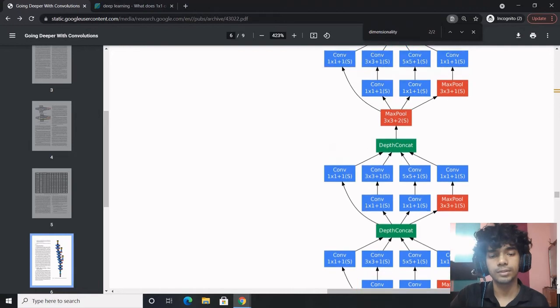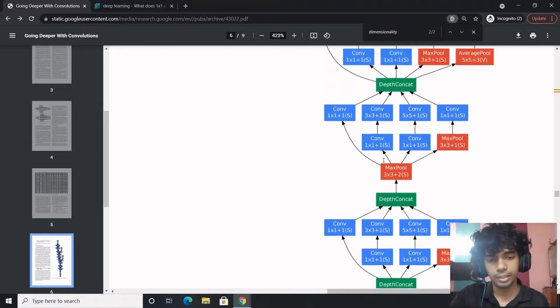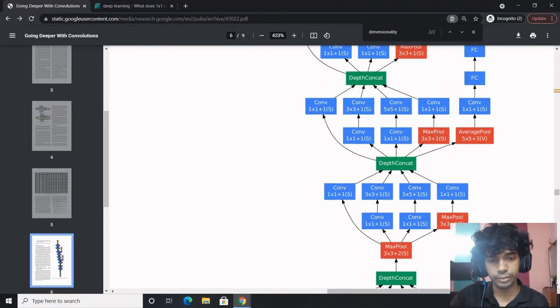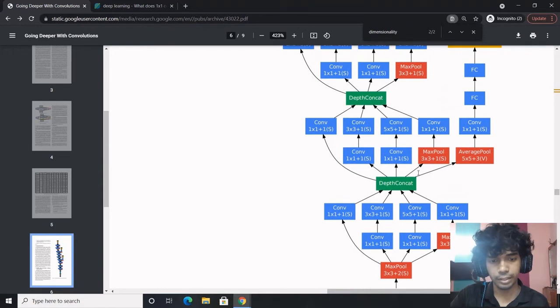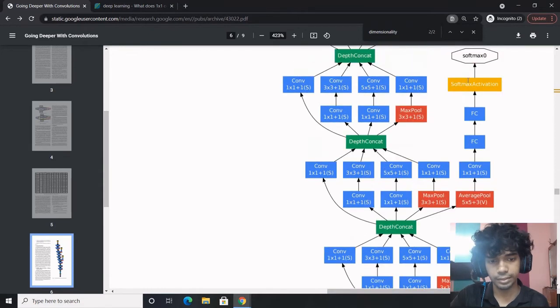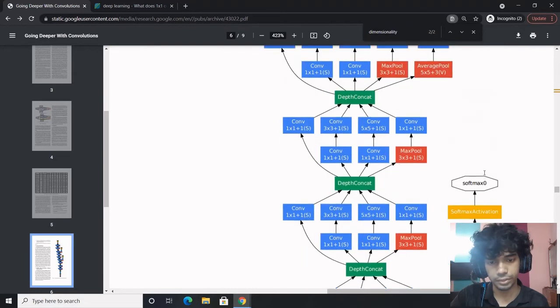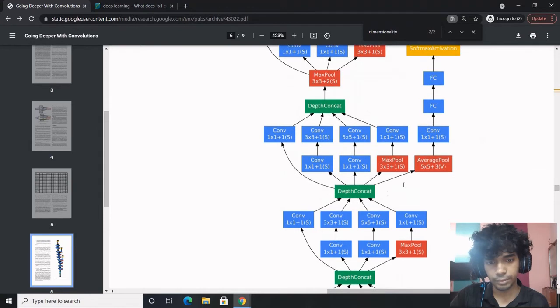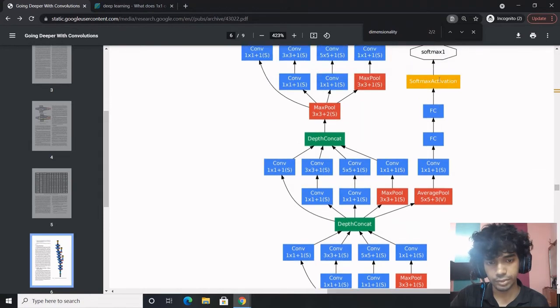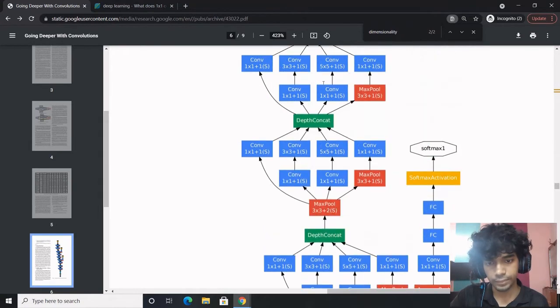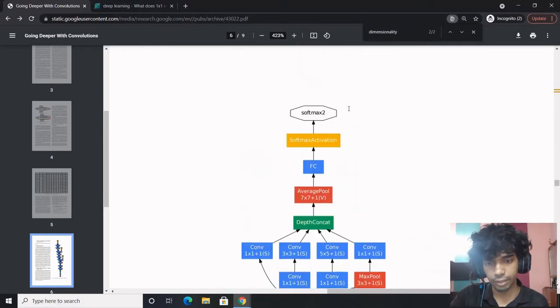This is an inception module, this is also an inception module, and out of these we also derive a branch which is a softmax 0 branch. This is another inception module, and here we have another branch which is softmax 1, then an inception module, and the final output.